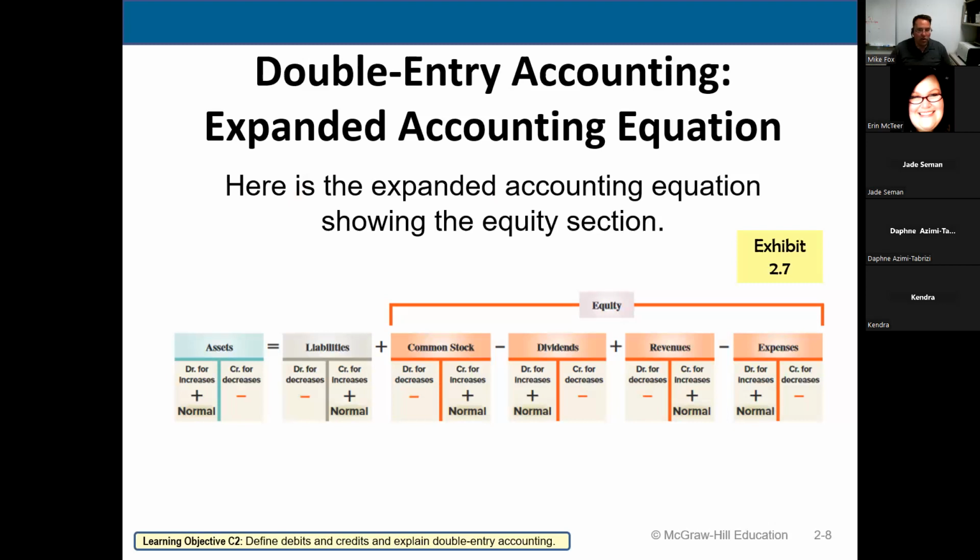Almost always you're debiting dividends and expenses, and almost always you're crediting revenues. And common stock too, or I guess that one kind of goes down sometimes, because you issue stock and then you buy it back. Same with assets. It's normal, like with cash, for it to go up and down. But with expenses, they just accumulate until the end of the month, and then we close them, like I said, and that resets them back to zero. That's a good pickup. That's a good thing to notice. That means if you're crediting an expense, you should be like, is this right?